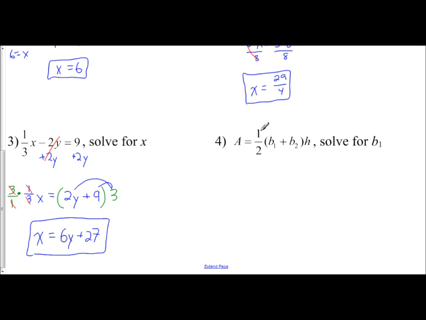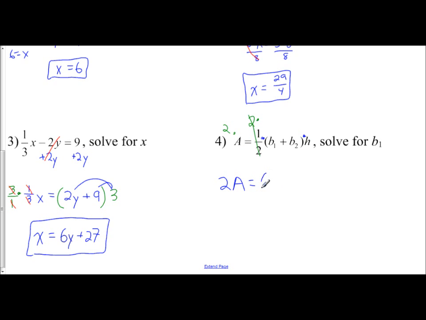How do you get rid of this? Well, take a look. What's going on? 1/2 times the quantity. I said the word times. And then again, this quantity, you have times h. That entire right side is multiplication. And so let's get rid of that fraction. I'm going to get rid of it by multiplying by 2. And so I'm going to multiply the right side by 2. And what that's going to do is only get rid of this fraction. It's not going to affect anything else. So I get rid of the fraction by multiplying by 2 on the right, so I'm going to have to do it on the left as well. And so I have 2a